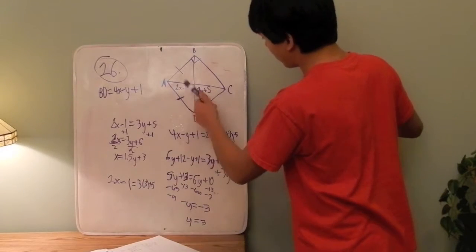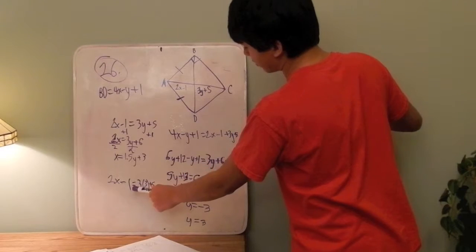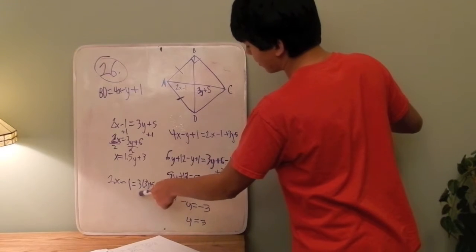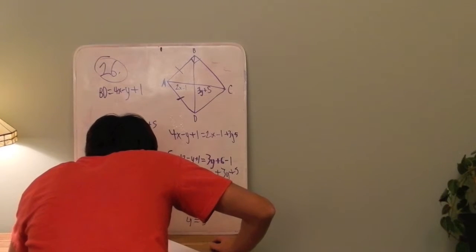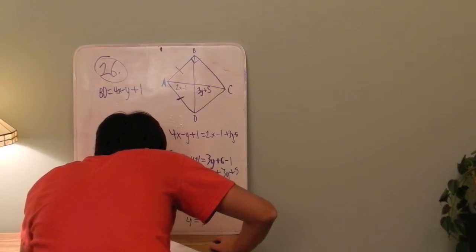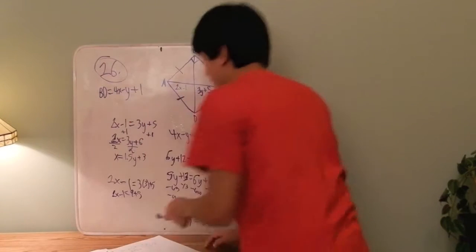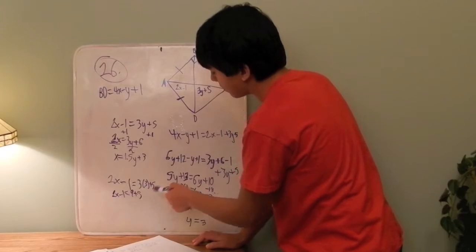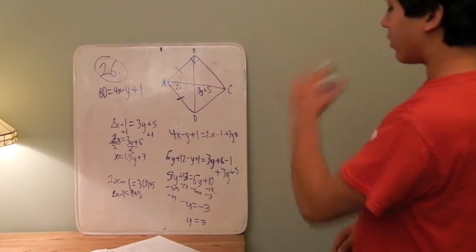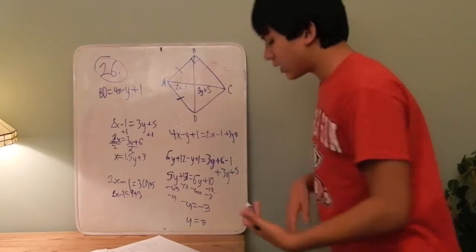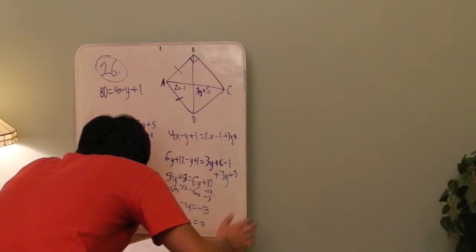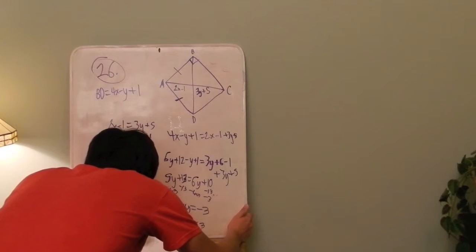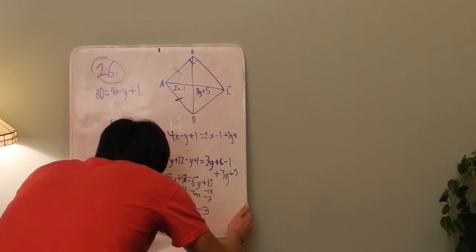So I put that 3 in for y, which gets me 2x - 1 = 9 + 5. So, add up the like terms and then isolate the variable. You get 2x equals,